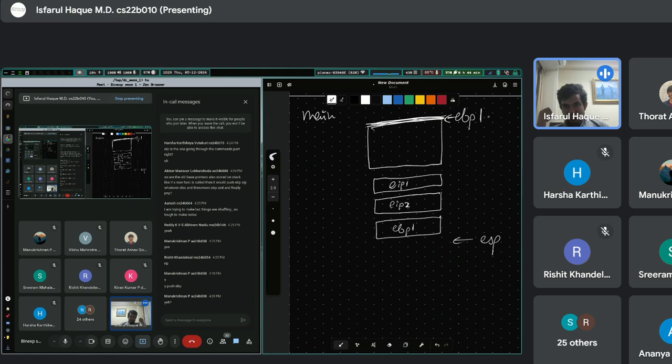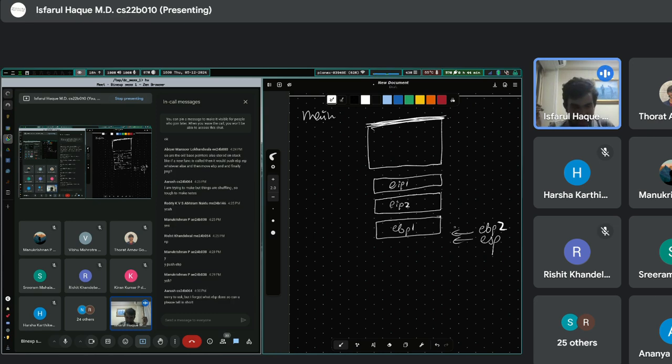So now the next instruction happens. Mark this as EBP2. So if you just replace EBP with the new EBP value, how do you go back to the old stack frame? You can't, which is why